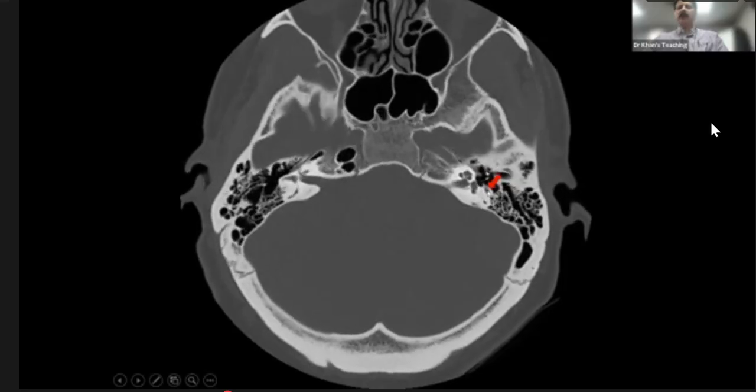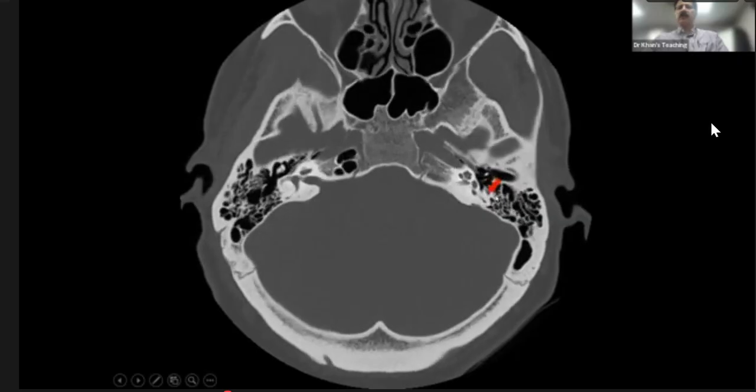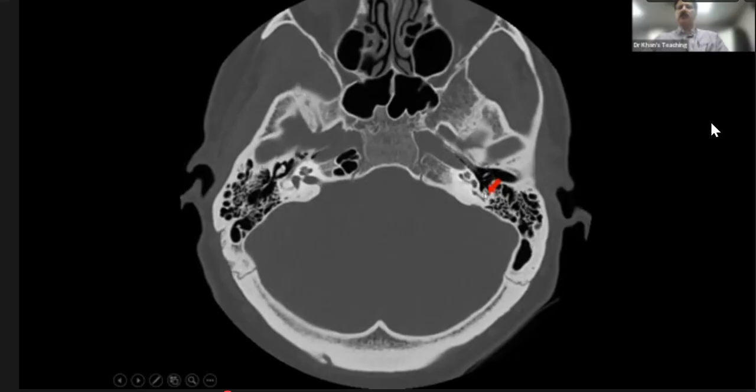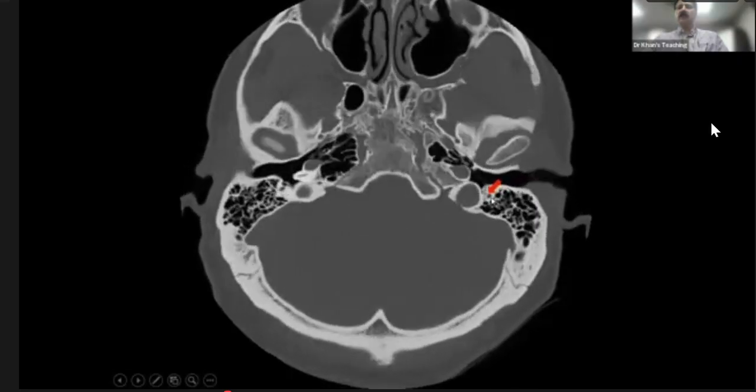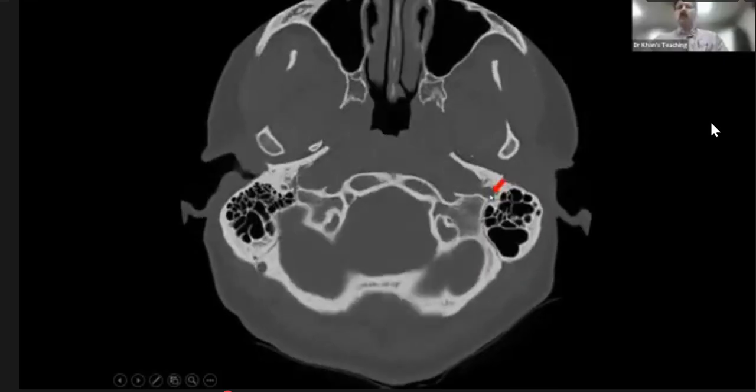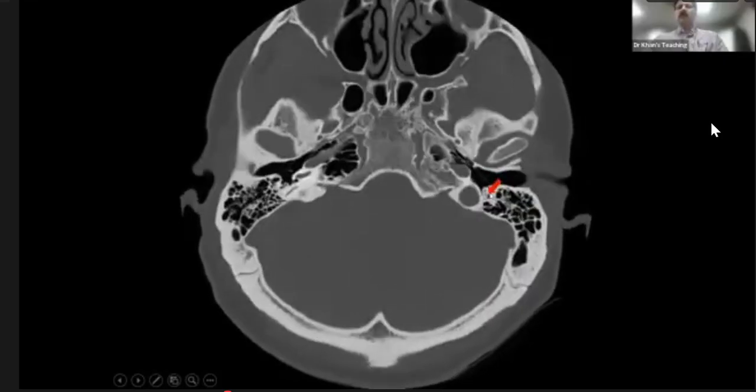So here, if you see it very carefully, you can see a triangular structure where I am pointing out. You can see it here very well. You see this? And this is known as pyramidal eminence. We will learn about it subsequently. If you see it very carefully, there is a dot here. So this is the stapedius muscle actually. And this thing is the descending portion, and it will go out. Another point to remember is that,